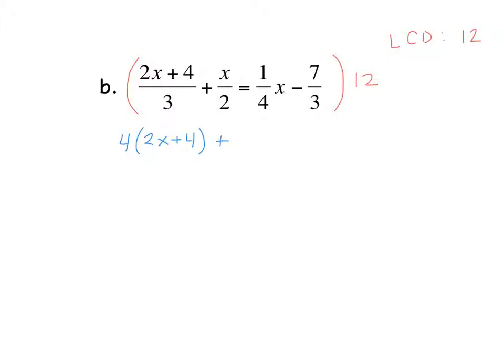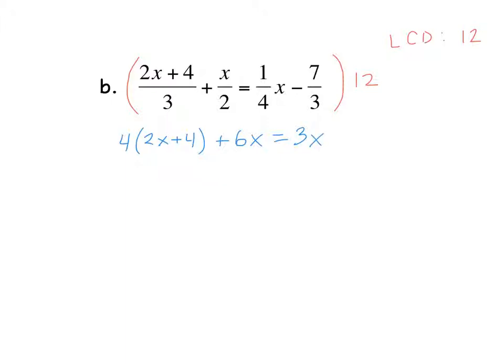Plus, now when we take x over 2 and multiply it by 12, 12 divided by 2 is 6. 6 times x is 6x. Equals, now let's do the next one, 1/4 x times 12. 12 divided by 4 is 3. 3 times 1x is just going to be